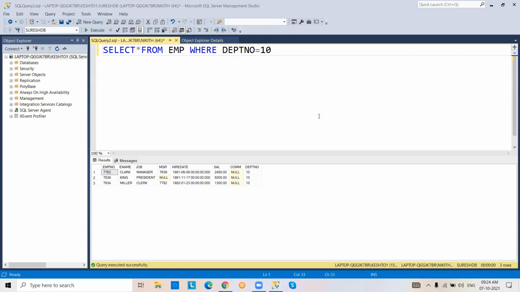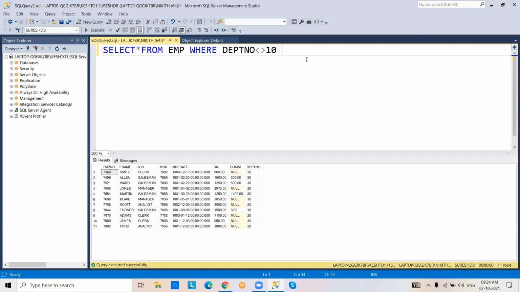Next, not equal to. Department number is not equal to 10. See that, except 10, the remaining department numbers' data retrieved. So now, greater than operator.